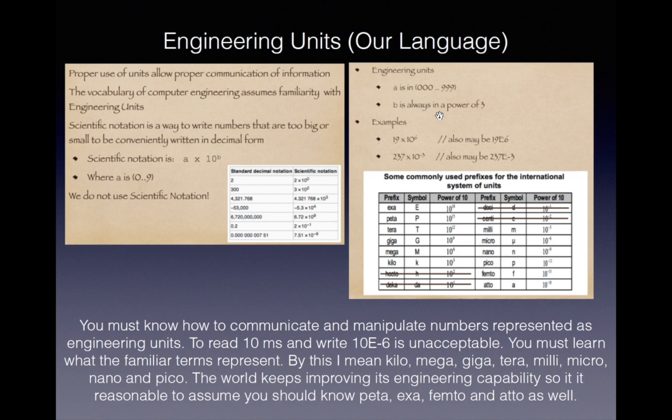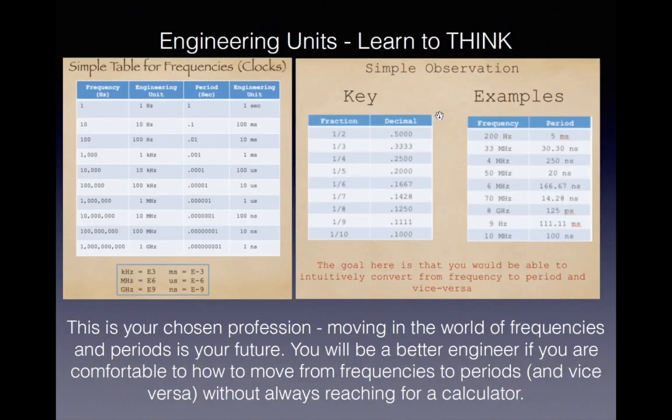Going the other way, we have nanos, picos, femtos, atto. All of these you should know. And you should know how to move between them. You should know how to express numbers. Don't give a frequency as 0.002 seconds. That is not engineering notation. We are being trained to be engineers. Use engineering units. And this is just a little chart to talk about how to move between frequencies and periods